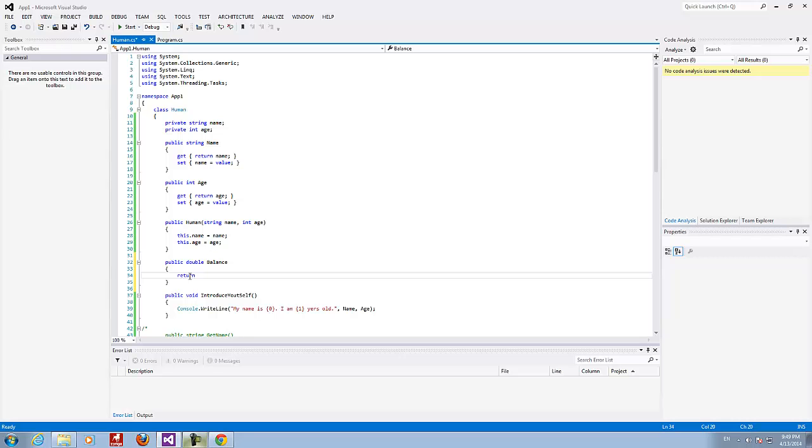Okay, and here we go, the super duper complicated calculation. Get, two multiplied by 2. After that I will make it a little bit more complex.